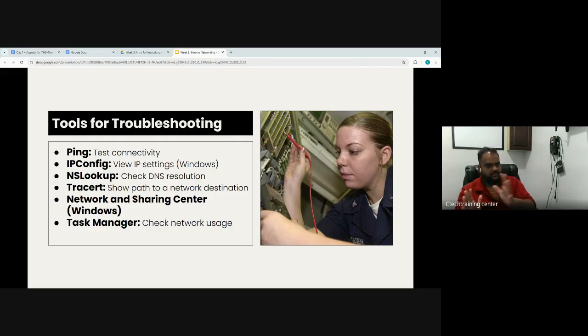In the next class, you have a hands-on activity for this, and you have a small assignment for this as well. Okay, class activity and assignment. NSLookup, we'll check for DNS. We'll go through DNS as well. In later classes, we'll check through NSLookup, and it's a very interesting topic.